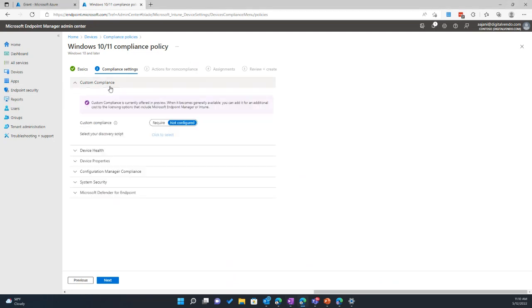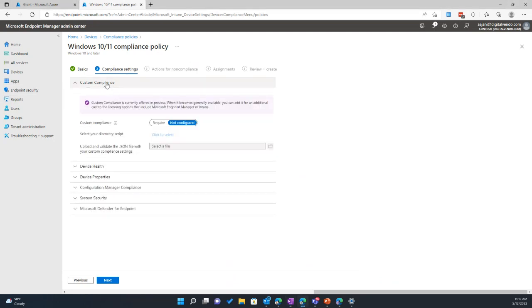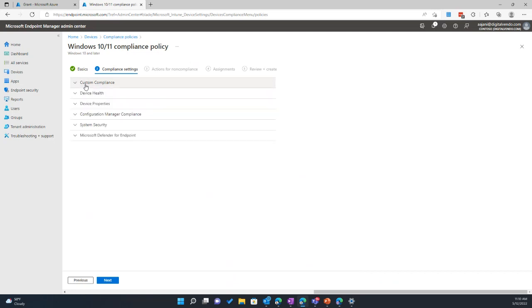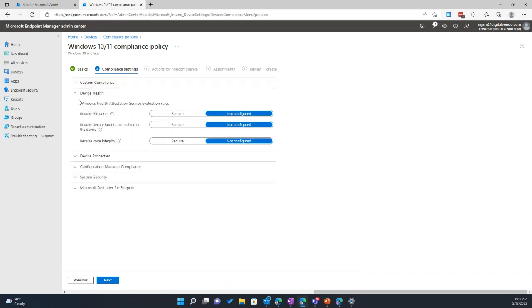So the custom compliance, it is in public preview, so we're not going to spend too much time on it. But essentially what it does is it expands on Intune's built-in device compliance options. You can add custom compliance settings to compliance policies for managed devices and build out your own custom compliance needs for devices. What comes included in Intune are requiring a device set BitLocker, requiring secure boot to be